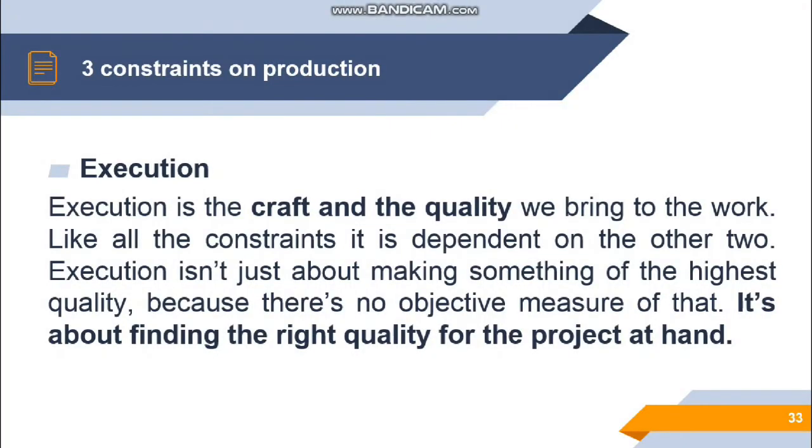And next one is execution. So how will we then execute our production? This is the craft and quality that we bring to the work. Like all the constraints, it is dependent on the other two. Execution isn't just about making something of the highest quality because there's no objective measure of that. It's about finding the right quality for the project at hand. Okay, so we need to execute the production based on the quality and standards set by your production